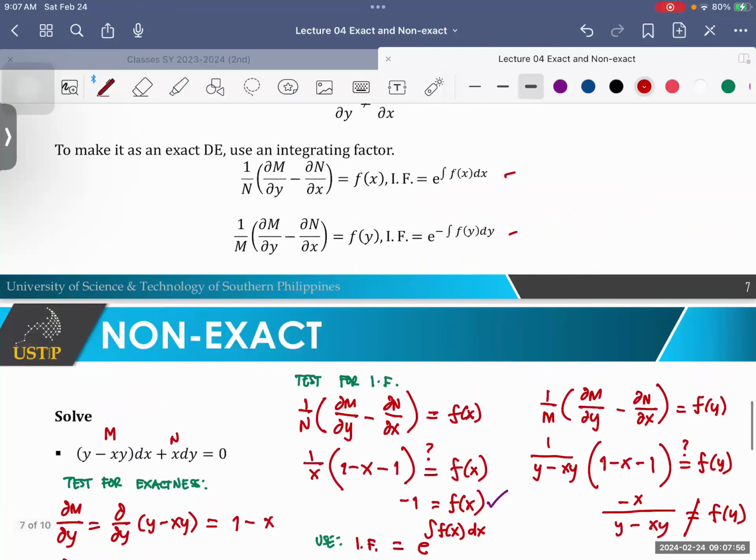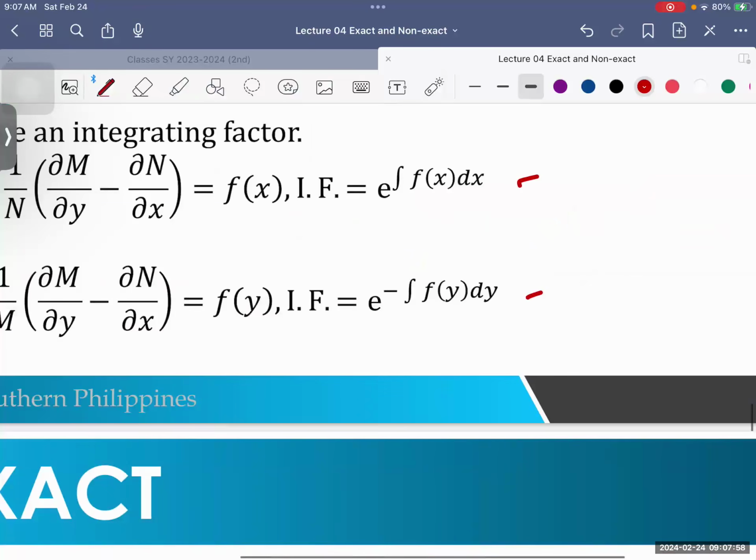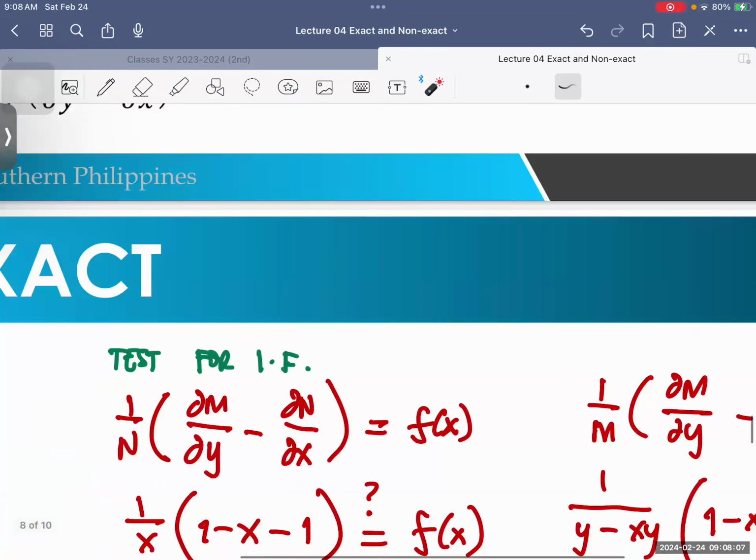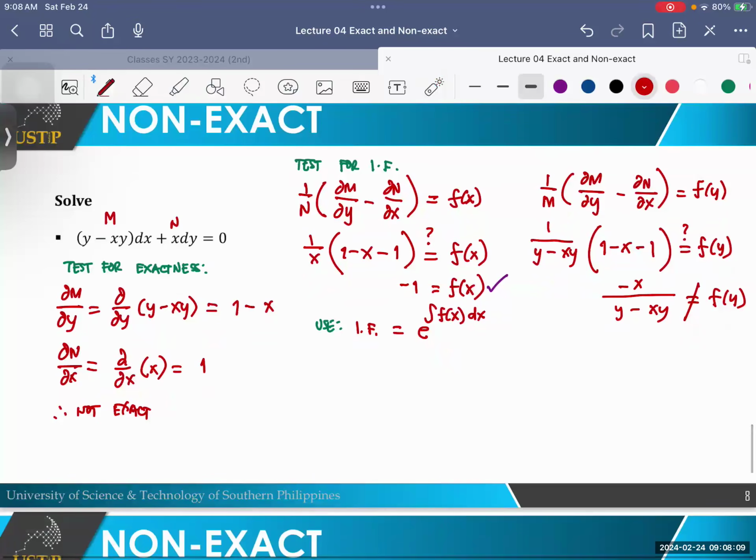Okay? Now, take note ha, partial, ikuha na siya, dili na siya partial class. Actually, easy lang kayo. Dili na siya partial because it is a purely function of x na siya. Sige, so, ang sa atong f of x karon, atong nakuha ang expression, it's very useful. Okay? Muna na itong i-input sa imong integrating factor. So, we have equal e raised to the integral of f of x, ito is negative 1. Okay? Negative 1